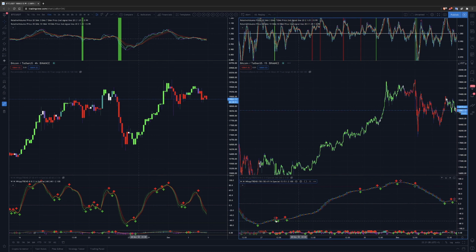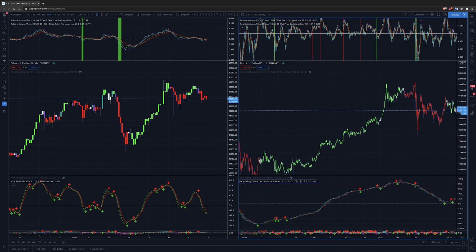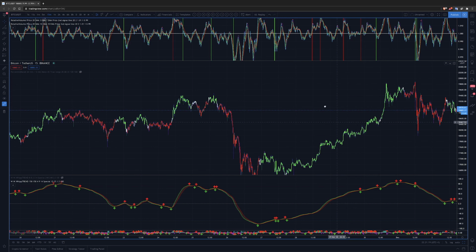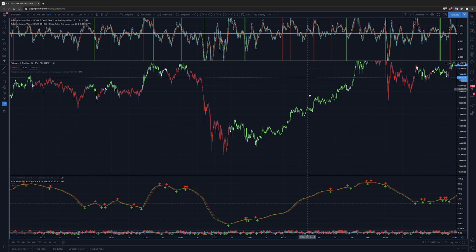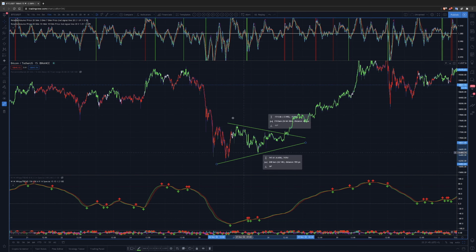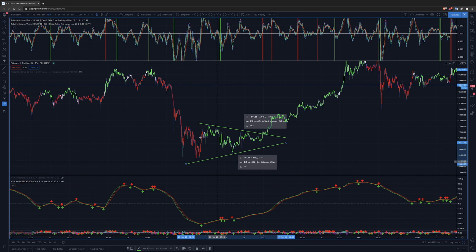You're basically getting the 4 hour. And I'm just going to increase the screen size here. And we're going to go like that. So 15 minutes. So here again, and this also shows you the power of this. So you have here a trend line from here to here. And you have a trend line from here to here. And we can actually see, and this is something that I've taught my elites,